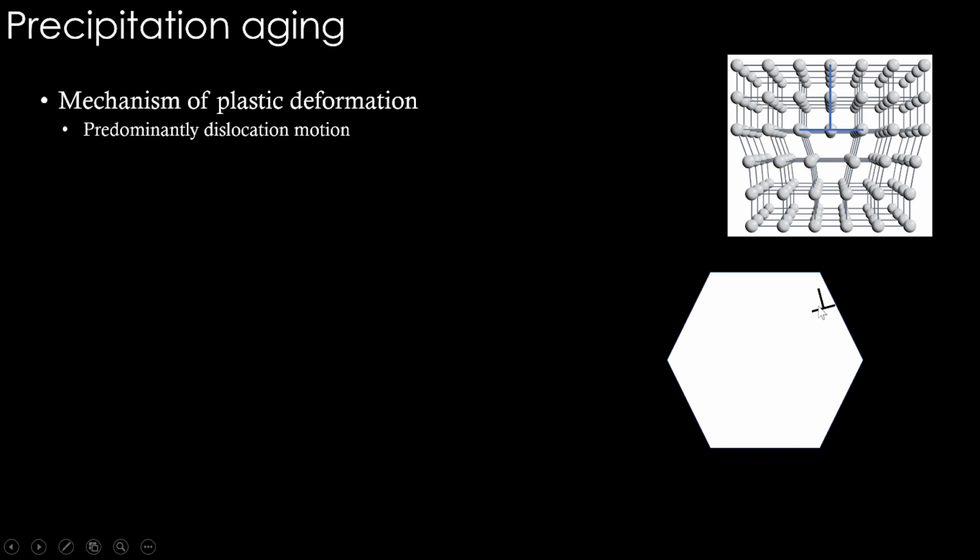We call it slip plane, and this dislocation motion or slipping of dislocation will be stopped when the dislocation meets a boundary like this. So this is a grain boundary. Beyond that, it is not easy for the dislocation to move. So it will be blocked there. So anything that blocks a dislocation from moving is basically strengthening the material. So if it is blocked by the grain boundary itself, and we have more grain boundaries in the material by having, let's say, small grain sizes, it's called grain boundary strengthening.